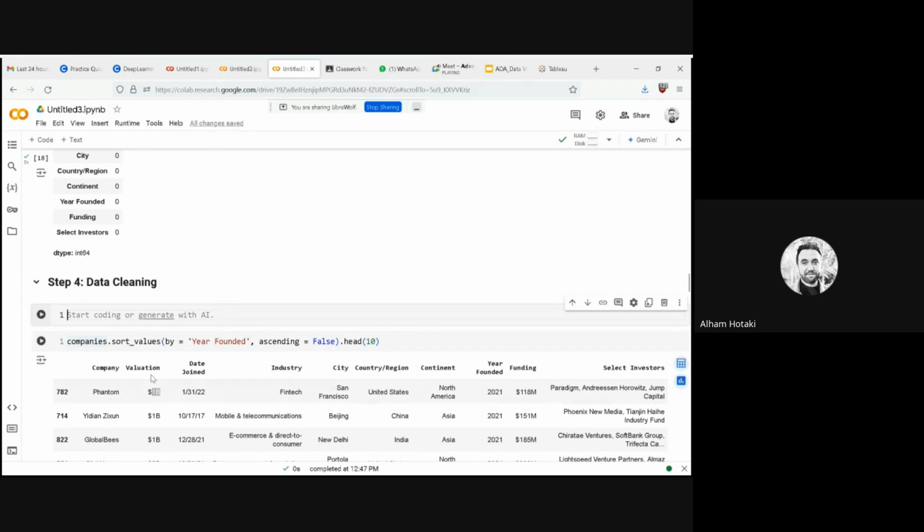So from the valuation in this, and also in the year funding, we have to convert all of them into billions, to a numerical billions. So this is how we will do that. Instead of doing all these things, we can just